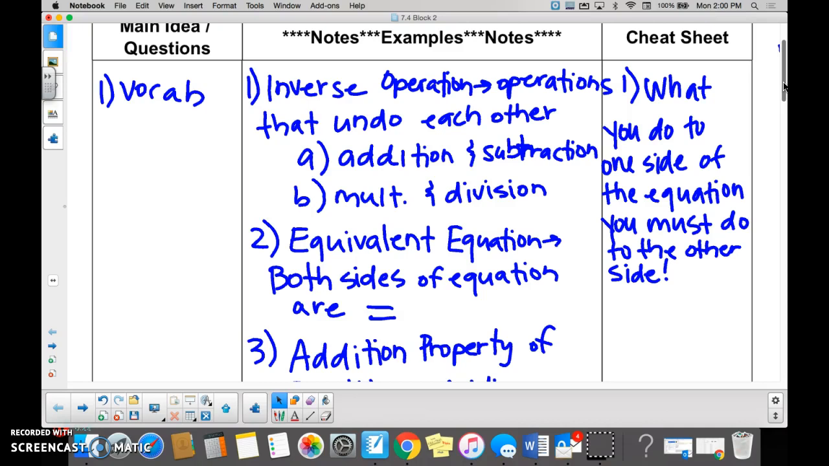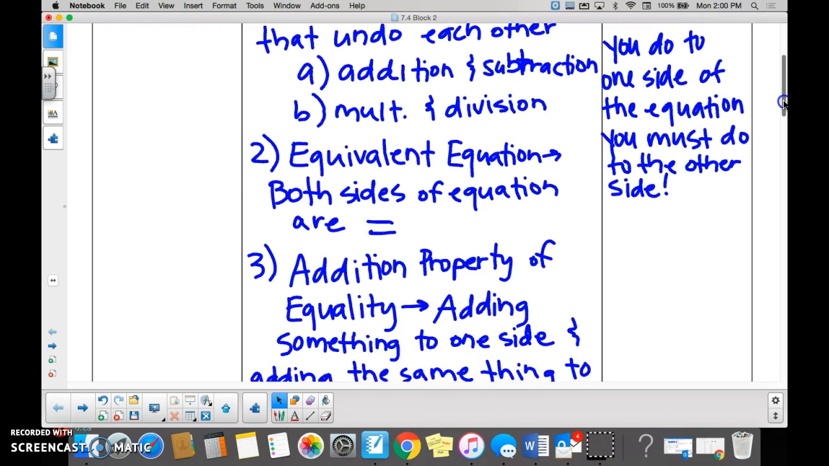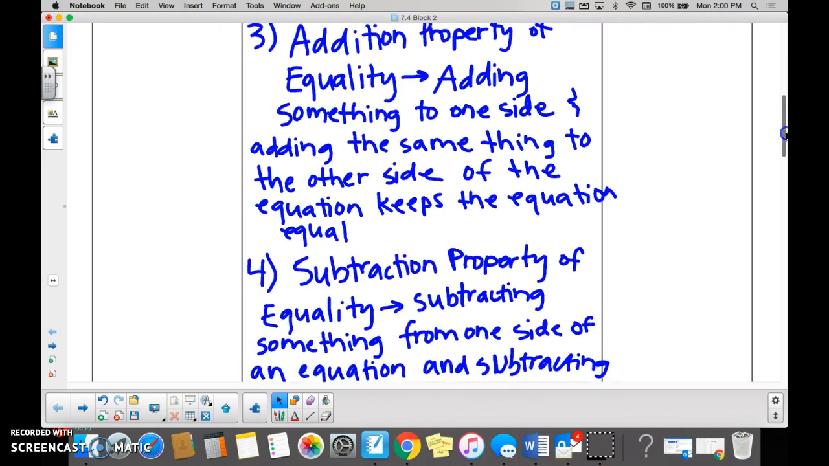Inverse. Everybody, what does inverse mean? Opposite. So what is the opposite of addition? Subtraction. What's the opposite of division? Multiplication. Good. The two most important words from this section would be the addition property of equality and the subtraction